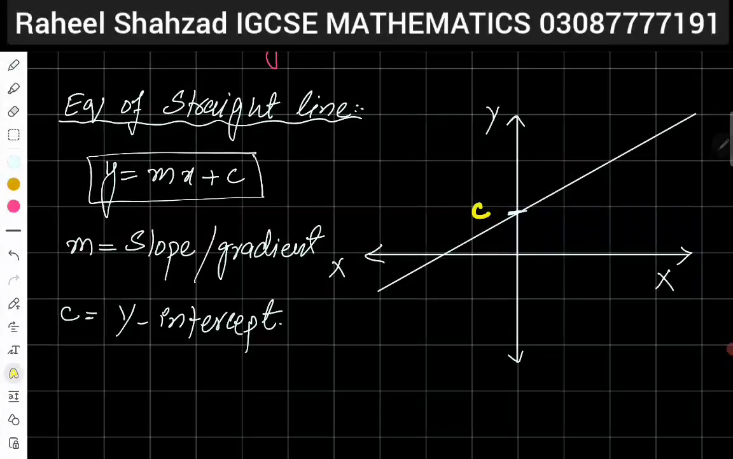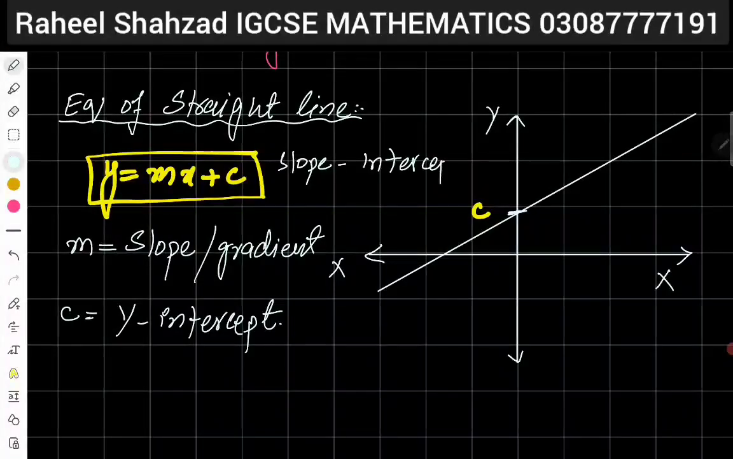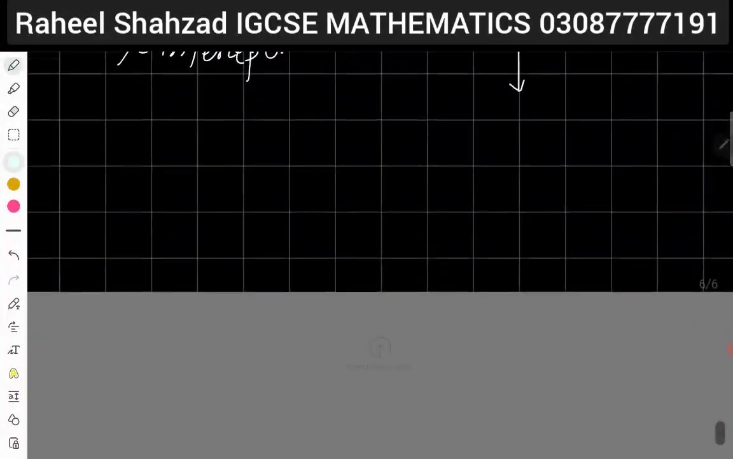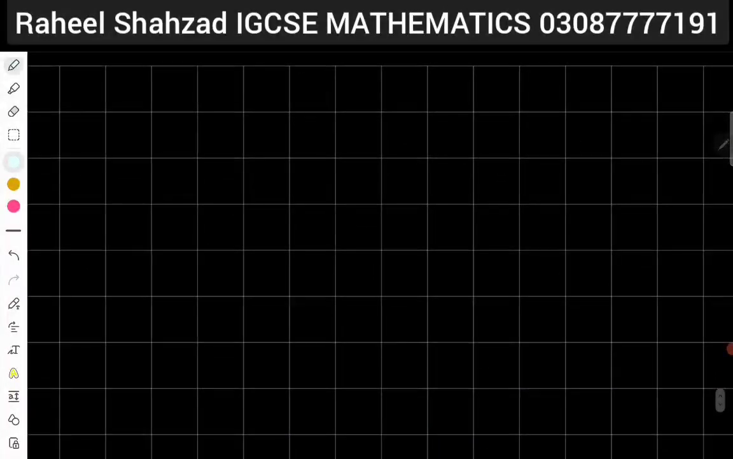Okay, so y equals to mx plus c is known as, sorry, this is known as slope intercept form. Slope intercept form. Okay, now let's find its equation. So we have two general cases. So case number one would be